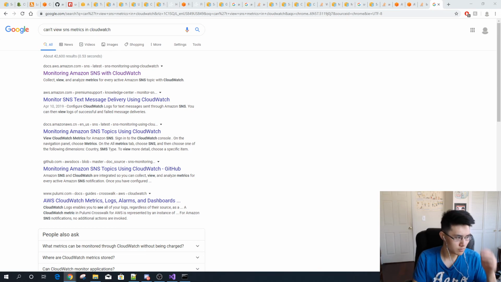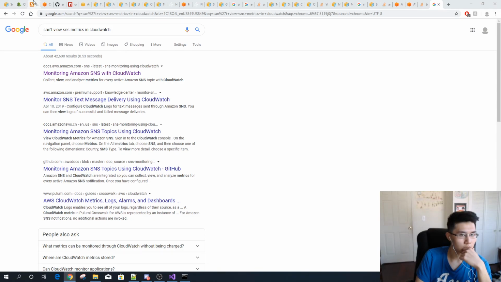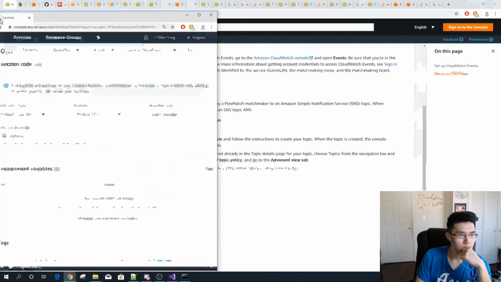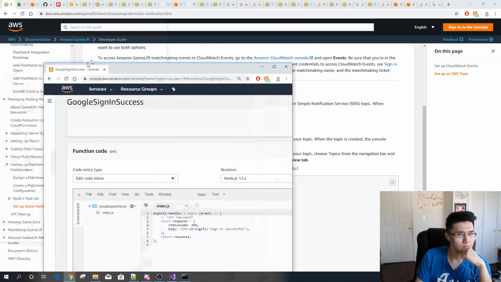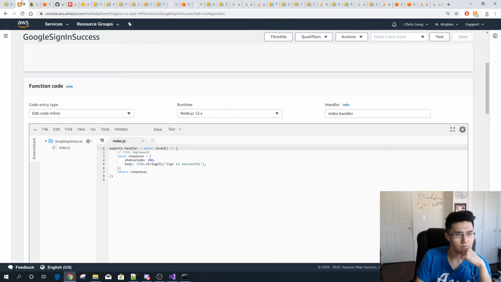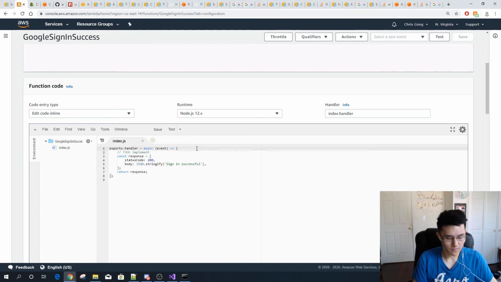I'll literally just use like the... What's a good dummy one? Maybe like Google Sign Success. Oh, that's perfect. Literally just a small function. Let me add a...